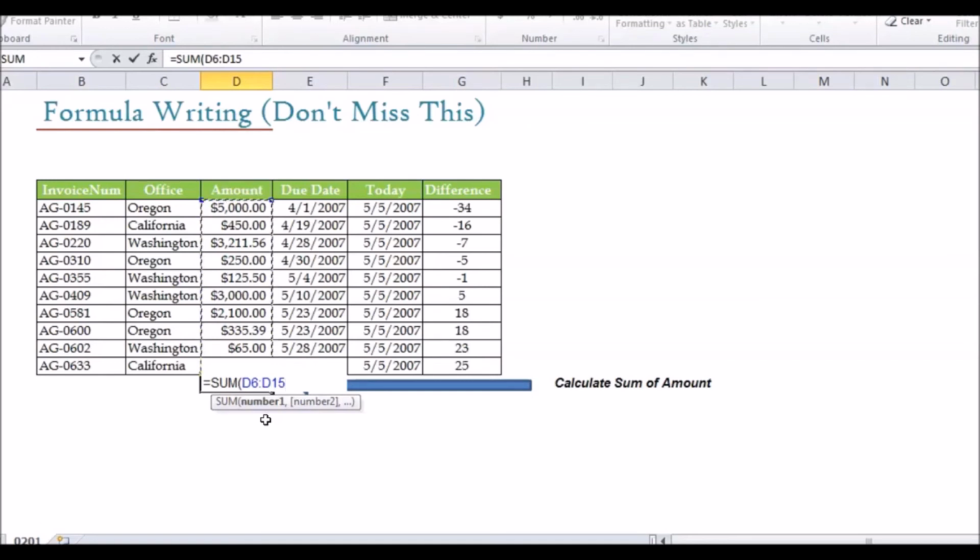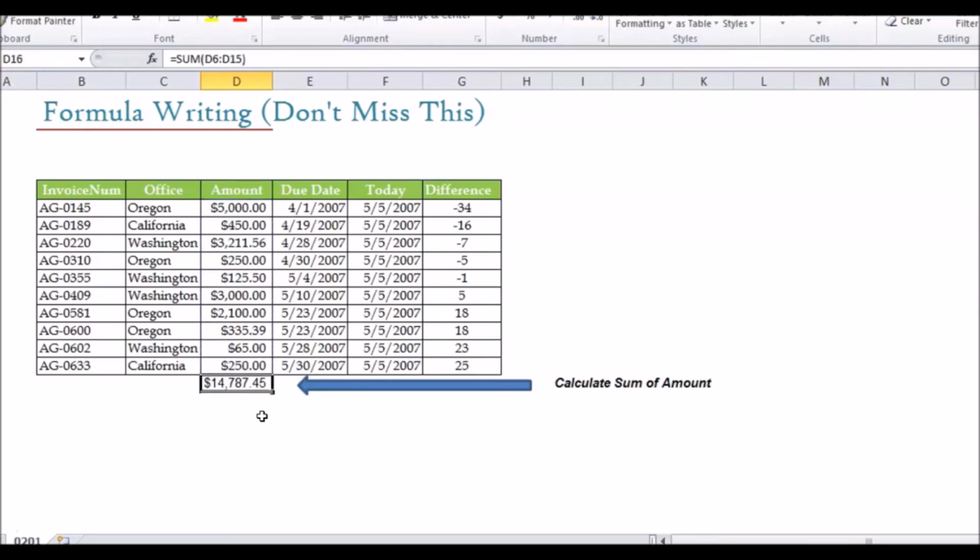Now the question comes up, in which case do we need number 2? That would be when we have a different range to do the sum of. Maybe column D and maybe column G also. Or maybe we need to do the sum of a couple of figures in a single range. At that point of time, we would require the rest of the arguments or the rest of the numbers. So at the end, this number 1 is actually not a number, but it could be a range also. It's just a label to this argument. So now the last part of writing the formula, we will close the formula and then press enter.